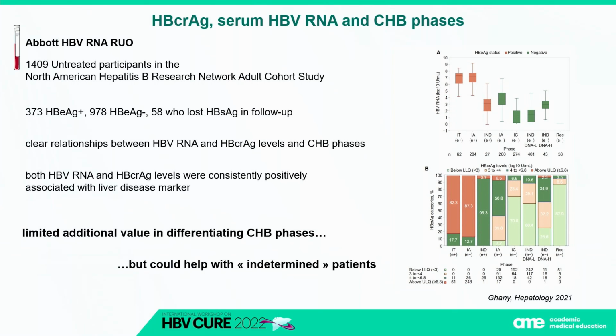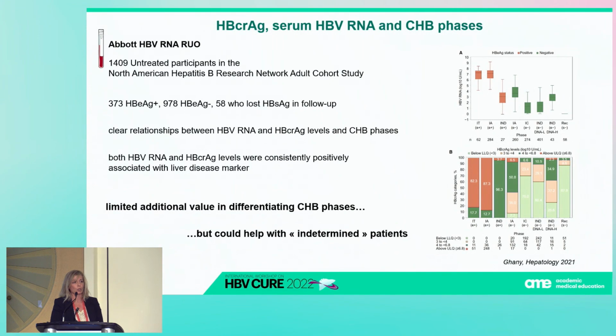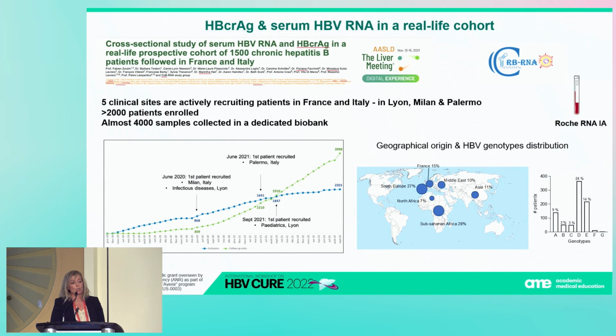However, limited additional value was found for correlated antigen and serum HBV DNA in the differentiation of the chronic hepatitis B phases, which is not so surprising in my opinion, but they leave an open door for the fact that these markers could help with the classification of indeterminate patients, so those patients that we cannot really classify according to the classic guidelines. So from our side, we tested the Roche investigational assay in a cross-sectional study of a real-life prospective cohort